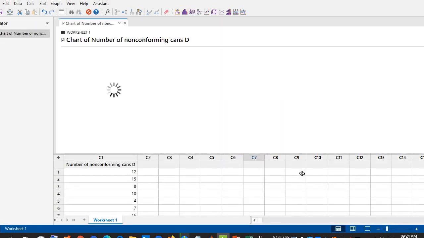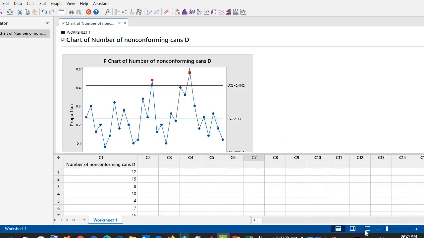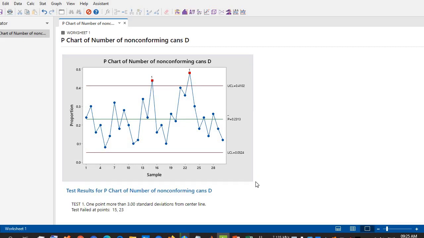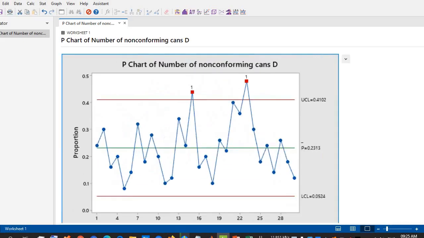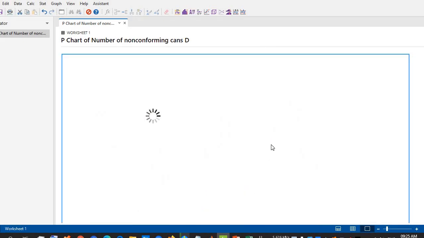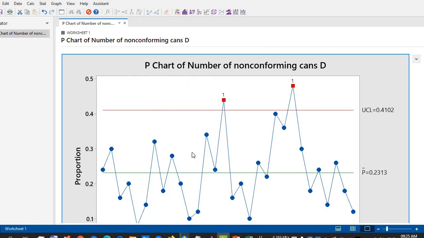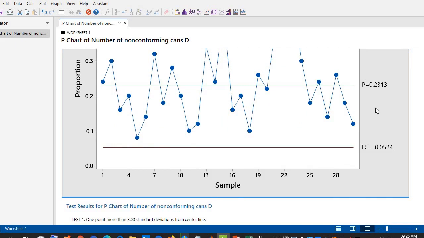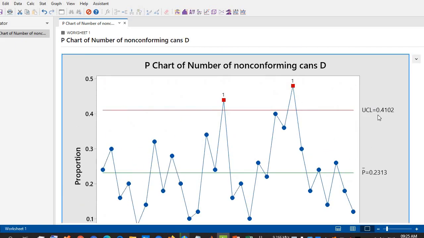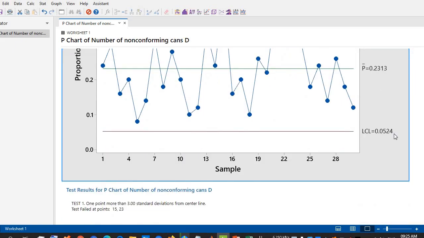It will take some time. So this is the P chart, you can zoom it. P chart for number of non-conforming cans, and here you can see the central line P bar is equal to 0.2313, the upper control limit is equal to 0.4102, and the lower control limit is equal to 0.0524.